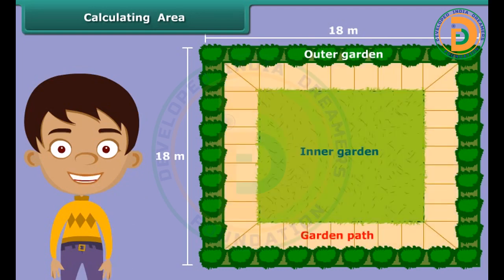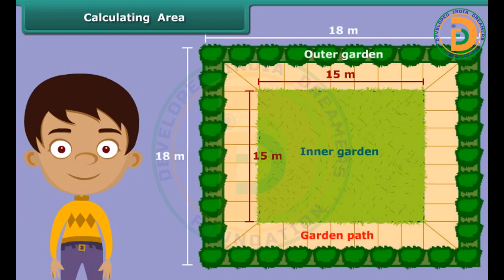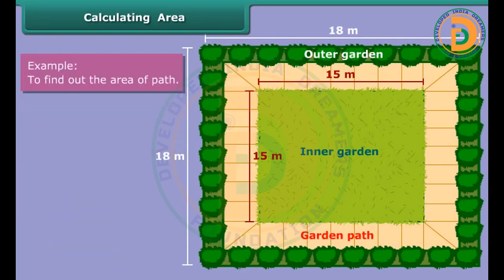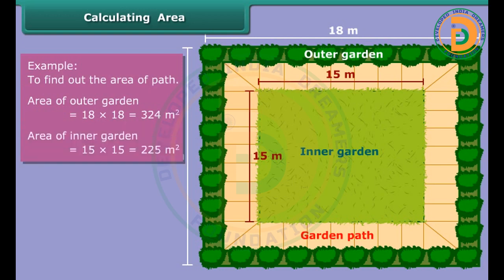We want to make a provision for a path on all the 4 sides. The inner garden, after the path is made, should be of 15 meters. We want to find the area of the path. To do so, calculate and deduct the area of the inner garden from the area of the outer garden. The area of the outer garden is 324 meters square and the area of the inner garden is 225 meters square. So, the area of the path will be 324 meters square minus 225 meters square, which is equal to 99